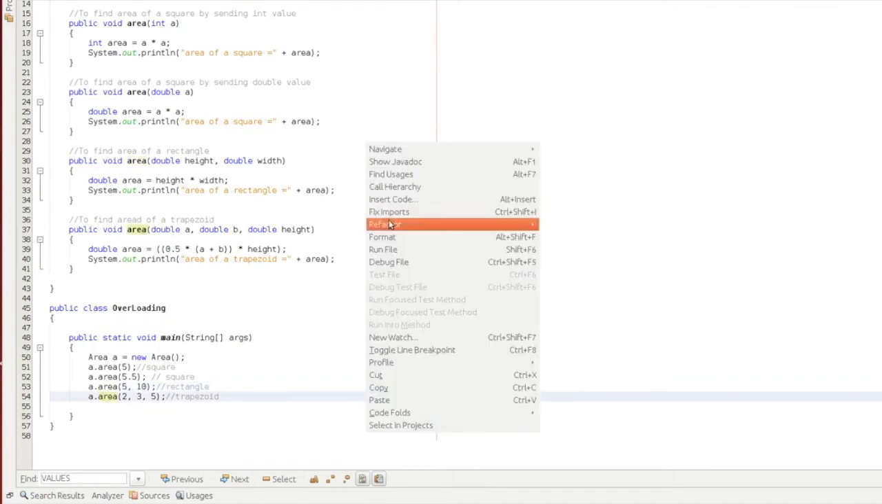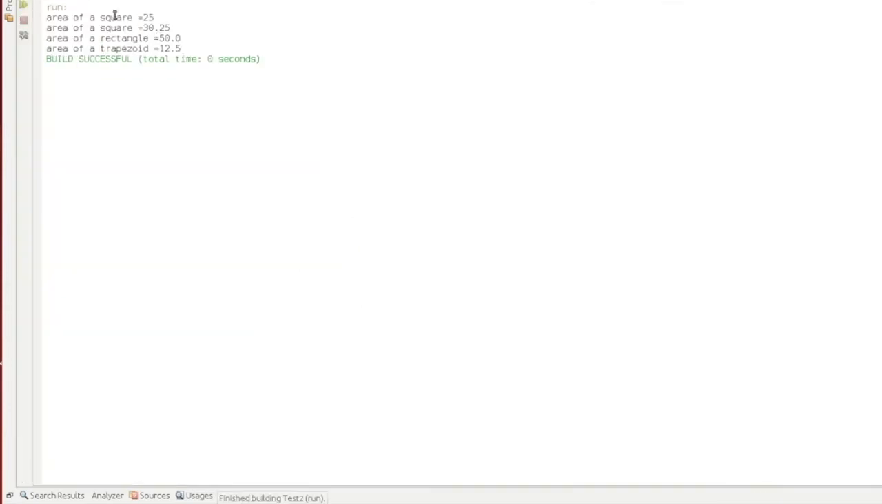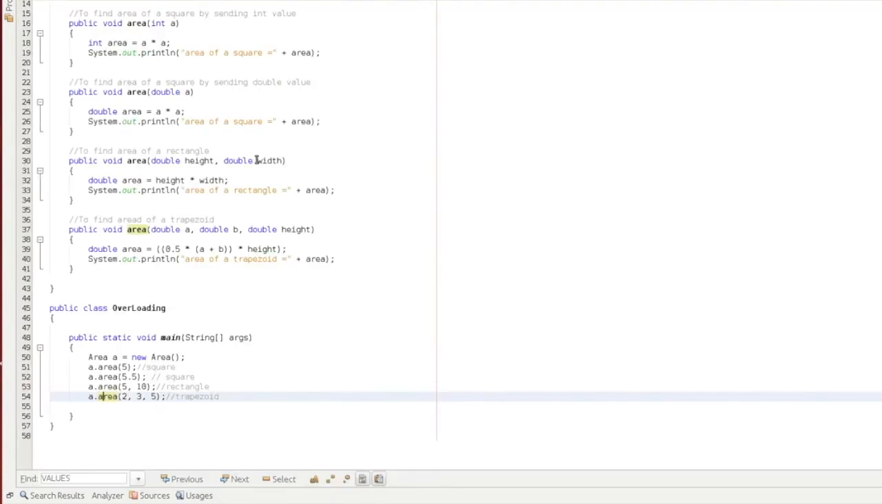So if you execute this code, you'd see the following output. For the parameter values that we have seen, the area was found correctly. So this is a basic program for explaining